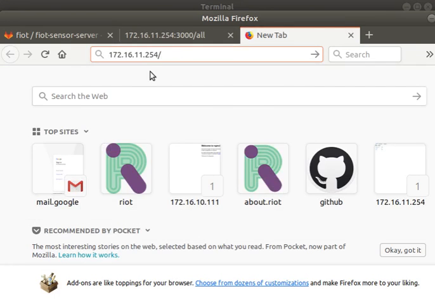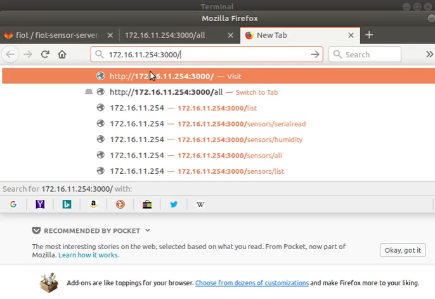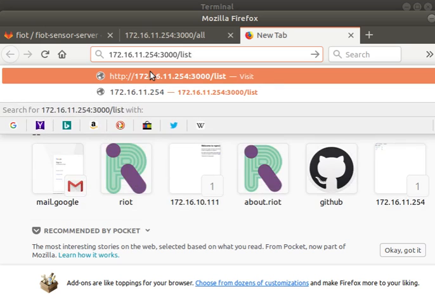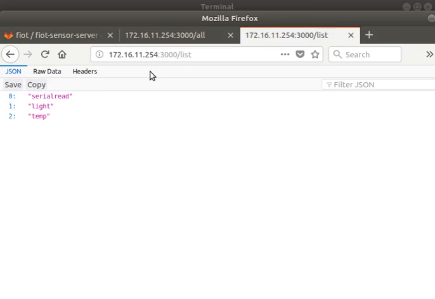So there's the IP address, port 3000, and I don't think I've written in the server anything to just respond to this particular address. What I had written was a route for list, for example. So why don't I do that and see what happens? Okay, great. So it turns out that Firefox is pretty sophisticated in interpreting JSON, and it nicely gives me a table. But this, just to see the raw data, this is what my server had returned, was a list of the various sensor drivers that I had in